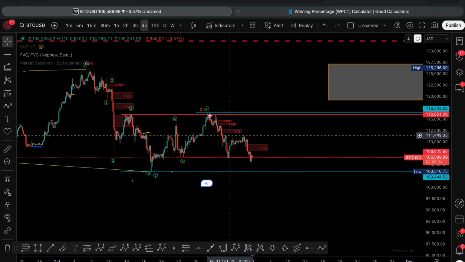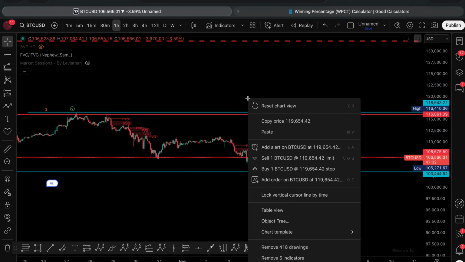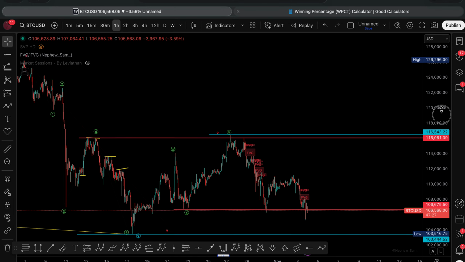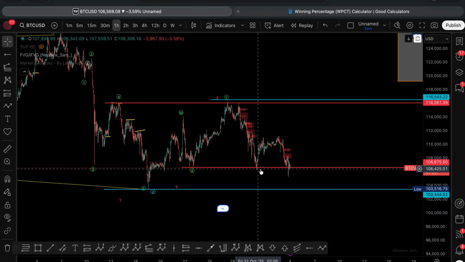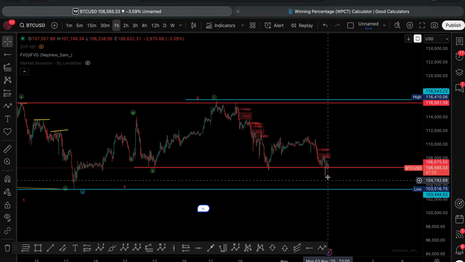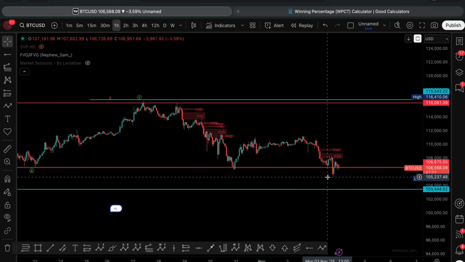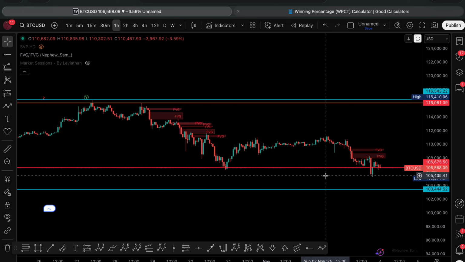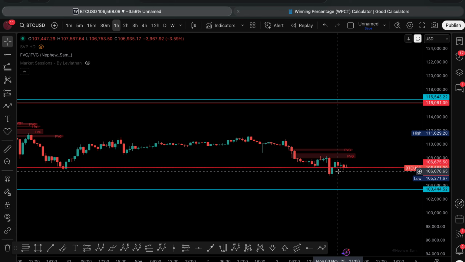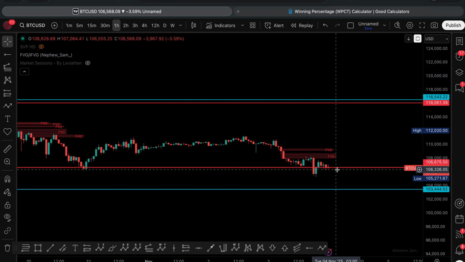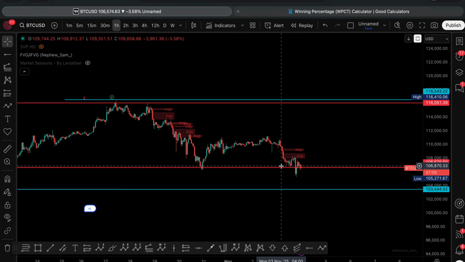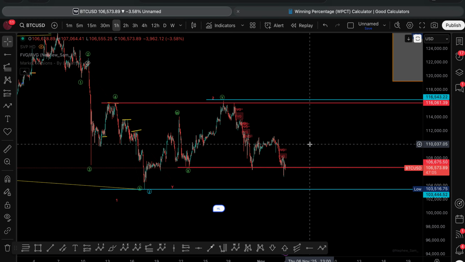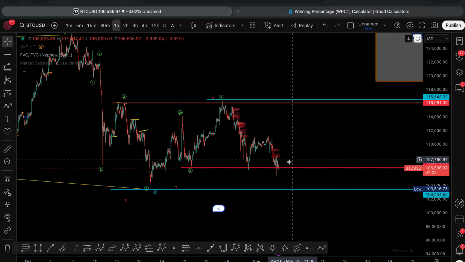On the 1 hour, again, it's also pointing to the downside on Bitcoin. Yeah, so we have kind of closed above this, but let's see, on 1 hour, as you can see, we closed right at this line. So it's not clear. It's not clear at all. So we'll give it the next 24 hours, we'll see.